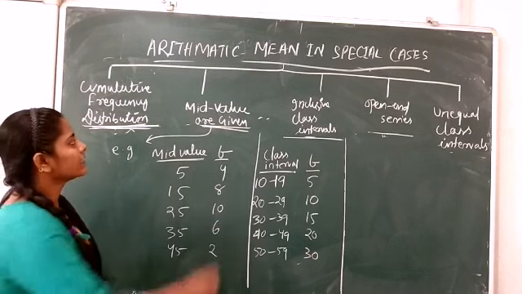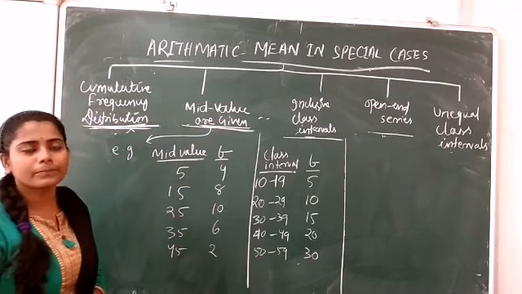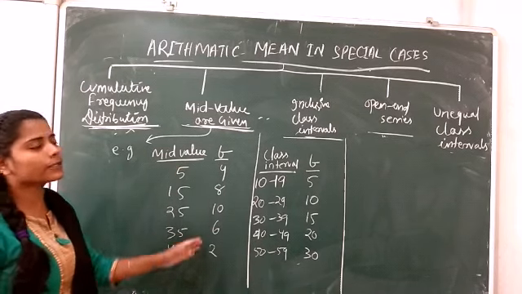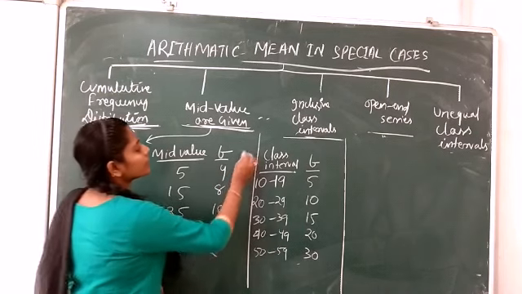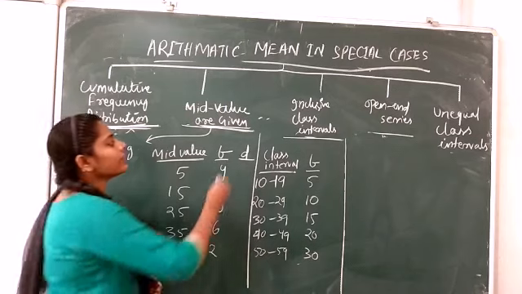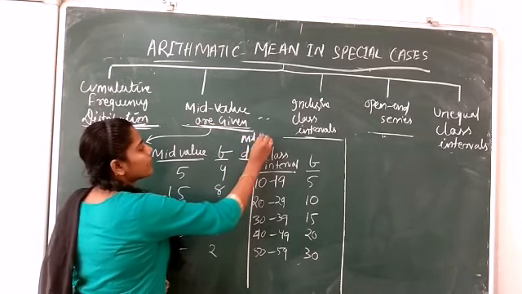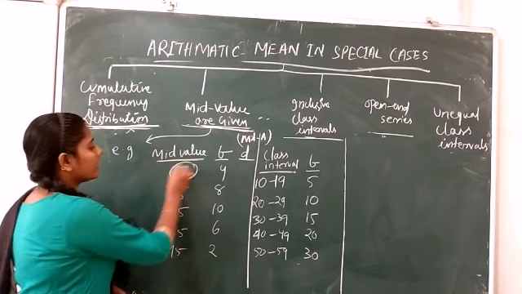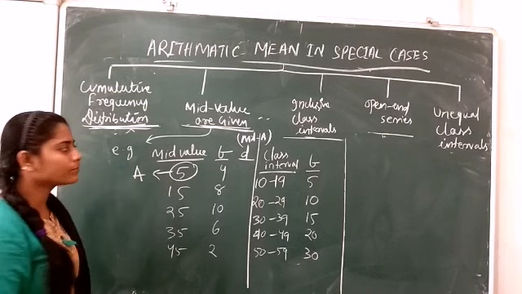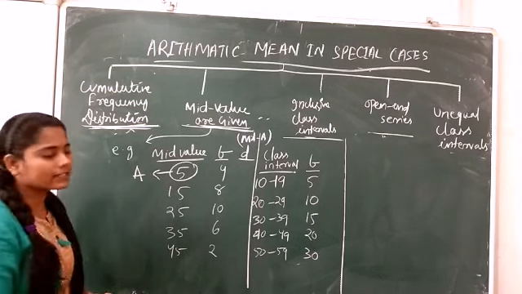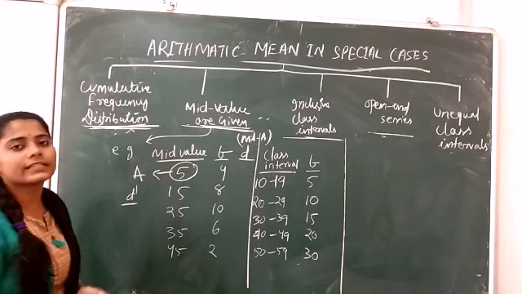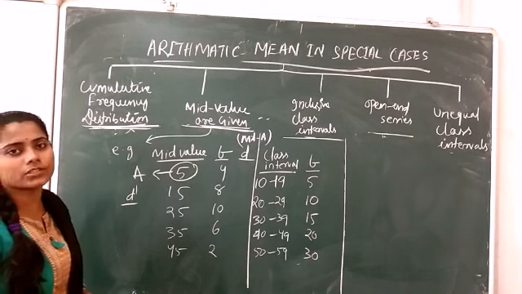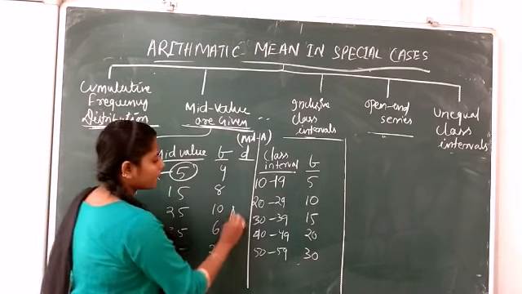The next special case is when the mean value is given. So this is a simple case where the mean value is given instead of the class interval and frequency is also given. So in this situation we easily calculate D. D is basically mean value minus A, where A is your assumed mean. So you can take any number near the mean value as assumed mean and calculate D. After the calculation of D, you can calculate D dash, or you apply any method like the shortcut method or step deviation method and calculate the arithmetic mean.